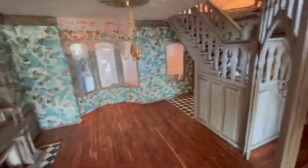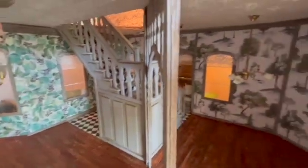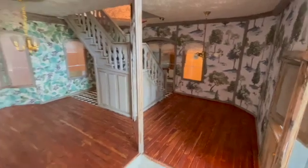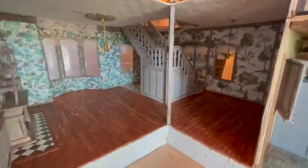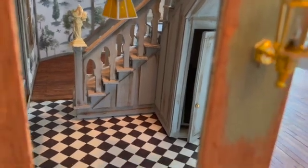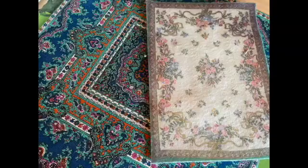OMG dollhouse people, so this is a fun day because this is when you get to see all the accessories put into the rooms and really bring it together. So I'm super excited because I bought these rugs. Now, one is actually a big piece of material that someone made into a rug that I found in the estate sale. And then the other is a rug that I've just had for a long time,